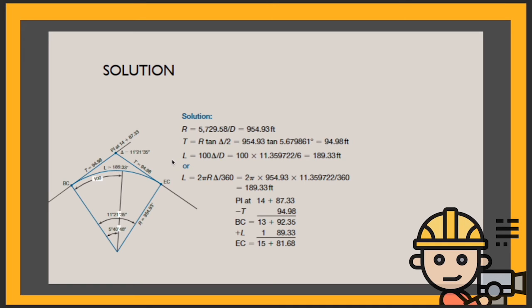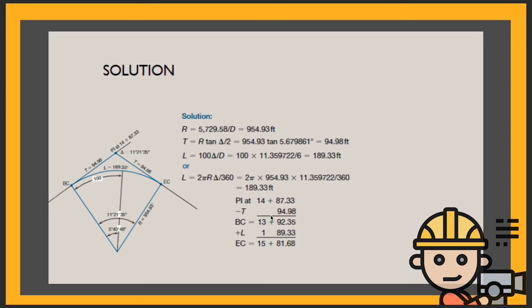To get the length, you need to solve this: 100 times angle over D, which is equal to 100 times 11.35972 over 6, which is equal to 189.33 feet. To get the BC and EC,